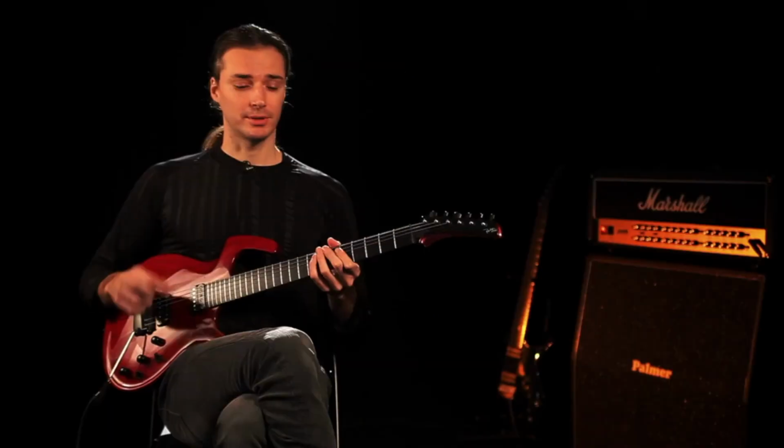And the final sequence is the hardest one and the better workout for your left hand, because it involves a lot of rolls all the time. You're just going to be jumping around on the same fret on different strings. And we're going to do groups of thirds. That means that we take